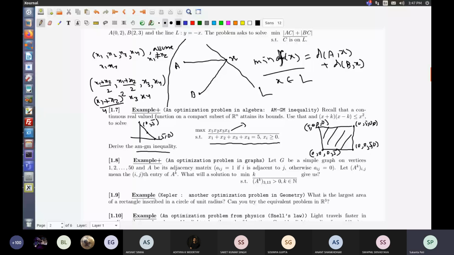Now notice this one. We already know that (a plus b) into (a minus b) is a square minus b square. So (x plus k) into (x minus k) is always less than or equal to x square. If I take this as alpha, then one is alpha minus beta, and one is alpha plus beta. Okay, that's how it is. What is